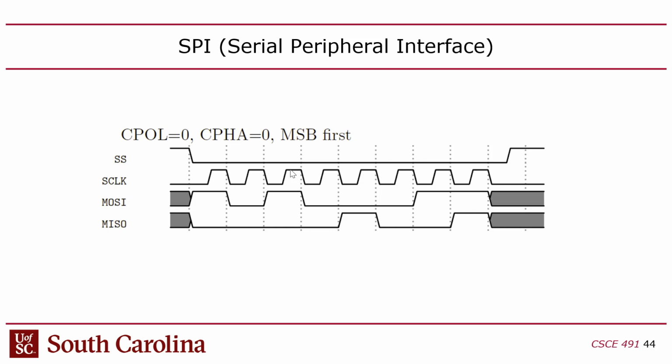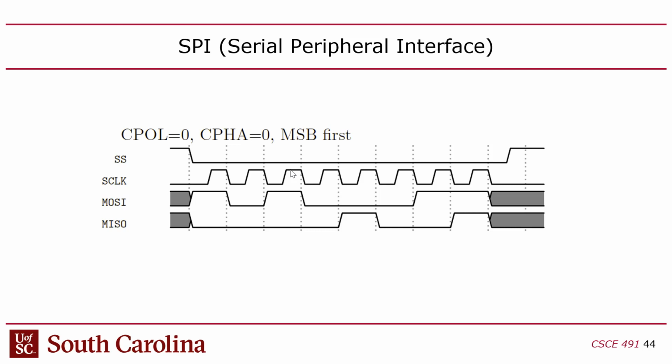And according to the header here, it should be read most significant bit first. So those 8 bits should be read from left to right, right? Makes sense? Most significant to least significant. Okay, and then of course CPOL is 0, well that's obvious because you can see the clock is 0 at the